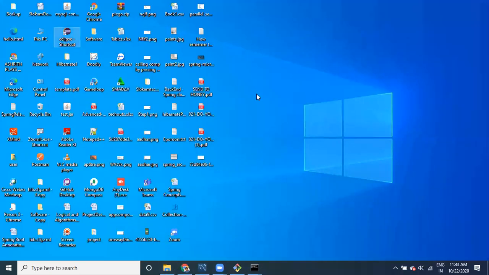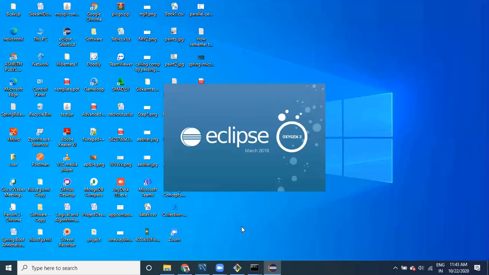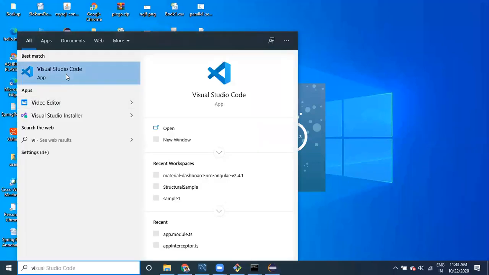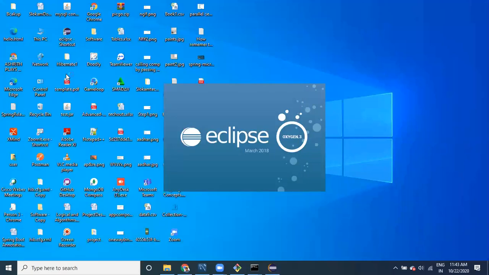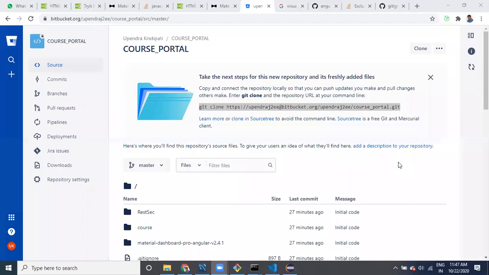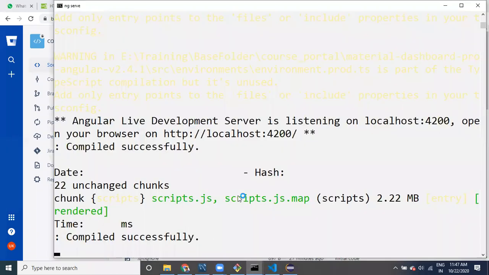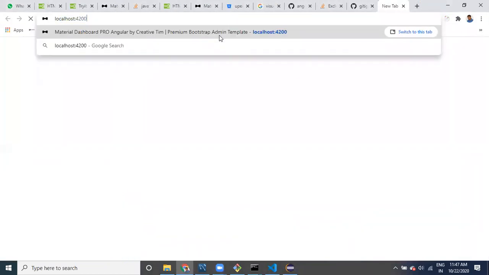Open Eclipse, and then we need to open Visual Studio Code. Right now, it's working fine. It has taken a lot of time and finally it has provided it. What we can do is go to localhost:4200.